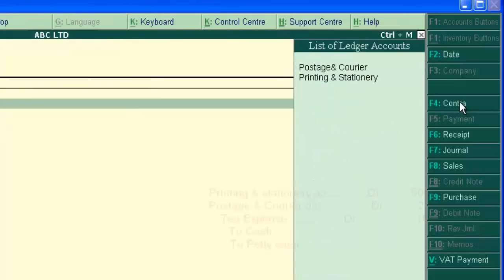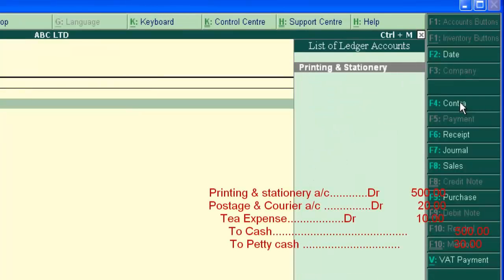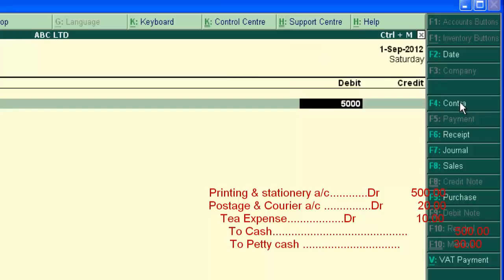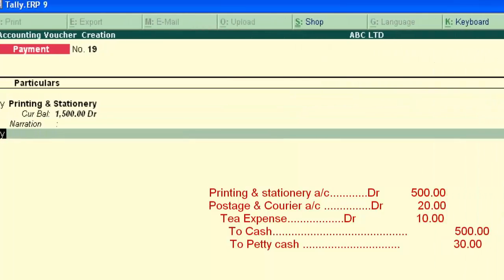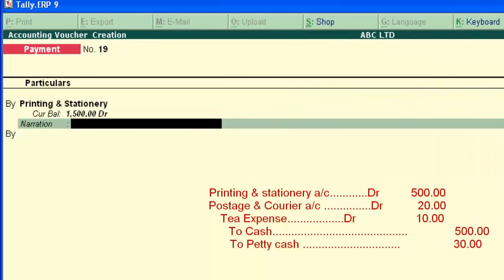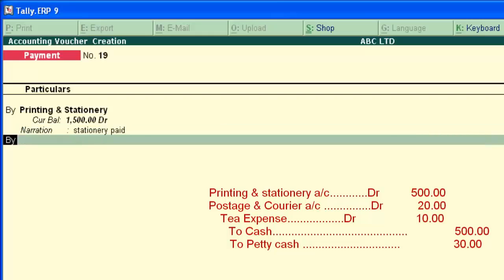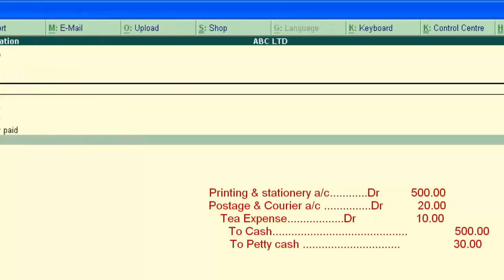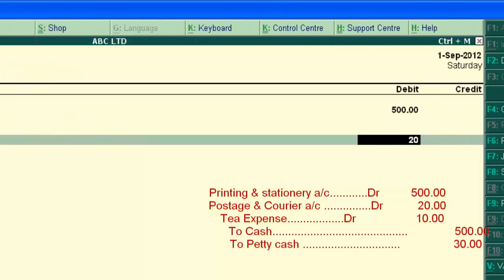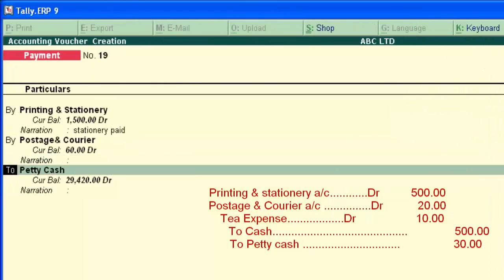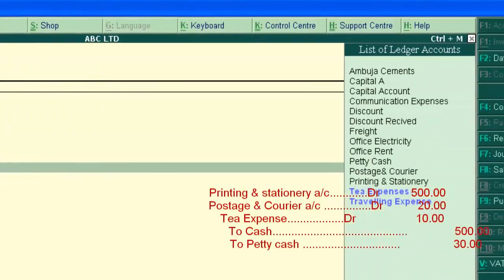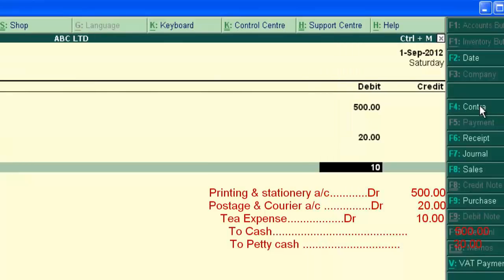Enter all the debits here. Stationery ₹500. Enter narration if required. Again courier charges ₹20. Again debit, tea expense ₹10,